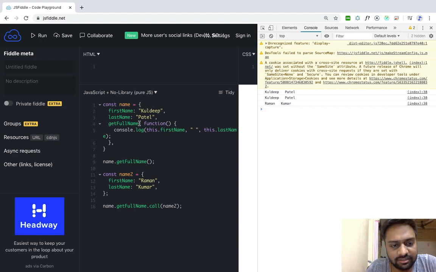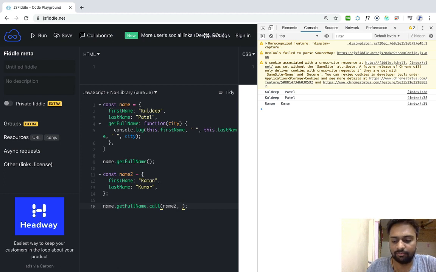What if I pass some parameter to this getFullName and I want to call that function with that parameter also? So suppose in getFullName I have passed the city as parameter and I'm printing that city here. So I can pass all the parameters passed in this function after the reference object passed.